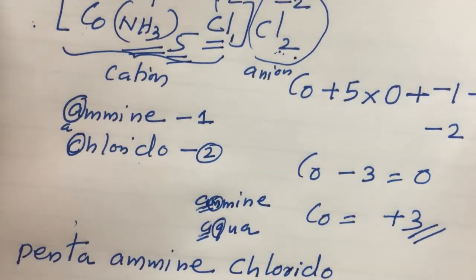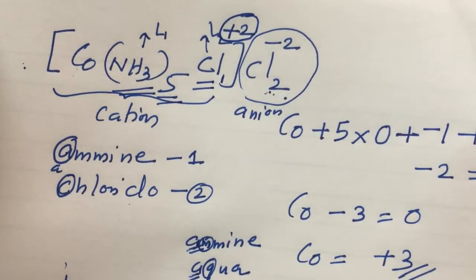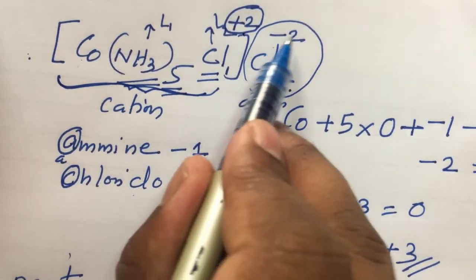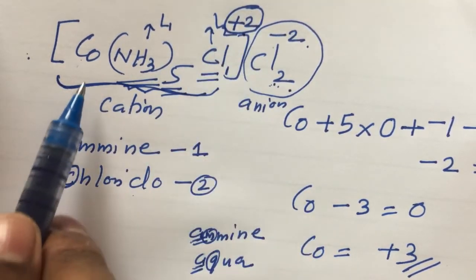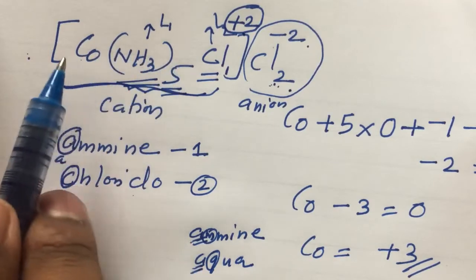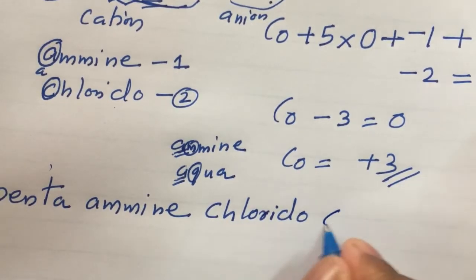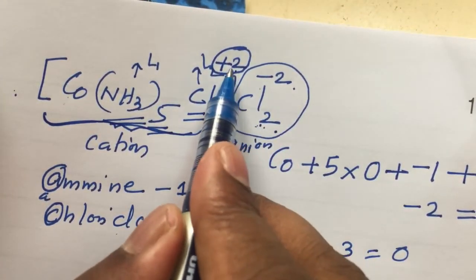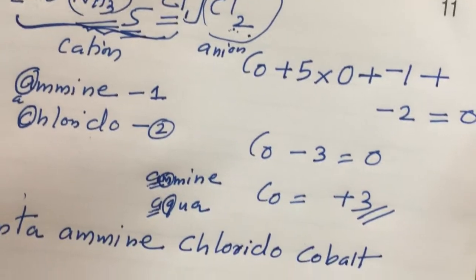The metal is cobalt. Then one more thing, the complex is positive. Clear? The coordination sphere is what? Positive. And the counter ion is negative. Listen, already I said, if the coordination sphere is positive, no need to write ATE along with the metal. So you can write directly what? Cobalt, not cobaltate. You write cobaltate if the charge is negative, like minus 2. But here it is positive, so write cobalt.